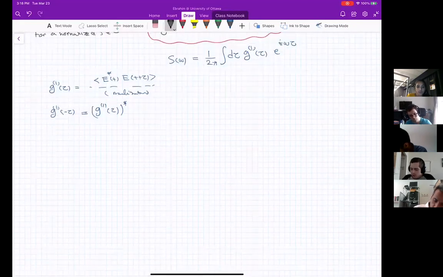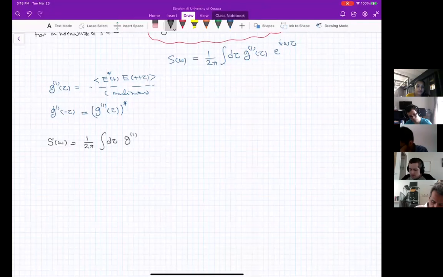So S of omega, a power spectrum, is 1 divided by 2 pi, integral of d tau, G1 of tau, e power of i omega tau. Lovely. Then that integral is going from minus infinity to plus infinity. So it means that you have 1 divided by 2 pi,